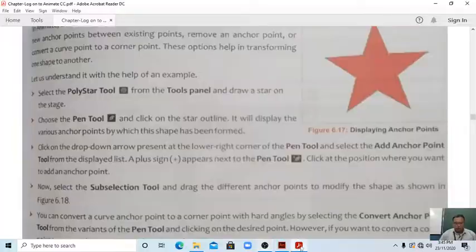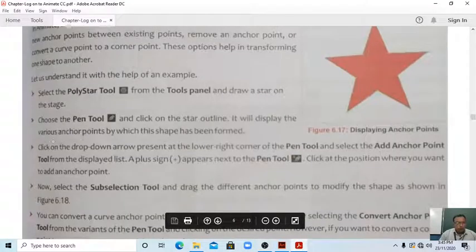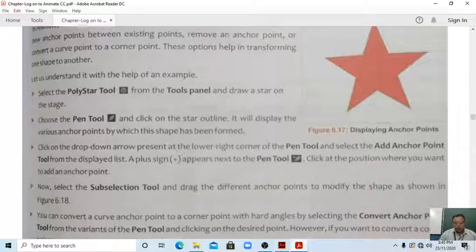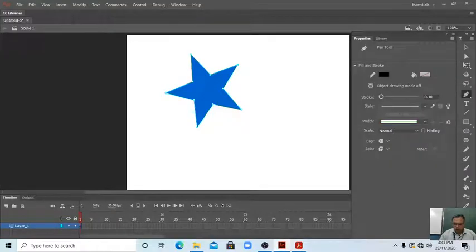Now after that, what do we have to do, students? Now see in your book. Click on the drop-down arrow present at the lower right corner of the pen tool and select the add anchor point tool. Here, many options are given: the pen tool, the add anchor point tool, the delete anchor point tool, and the convert anchor point tool.